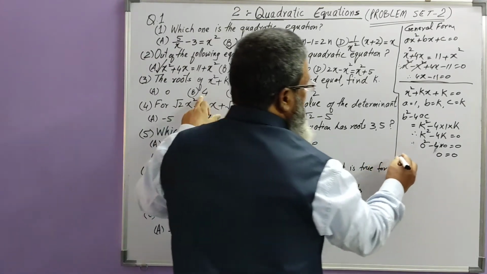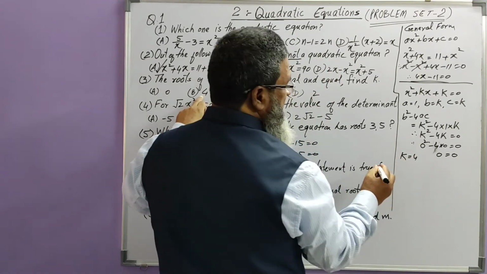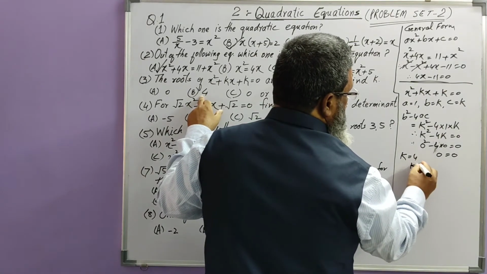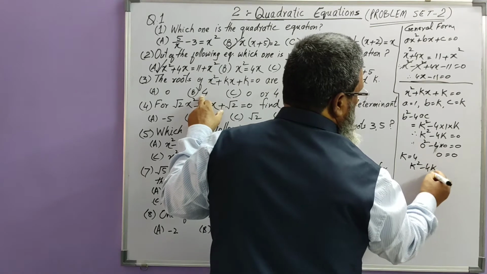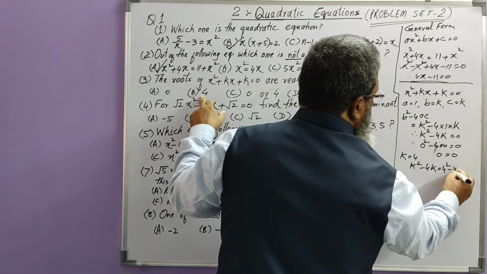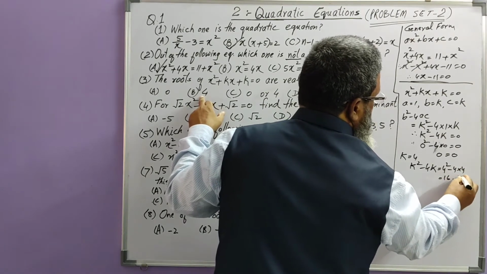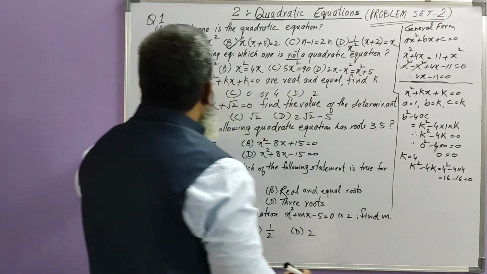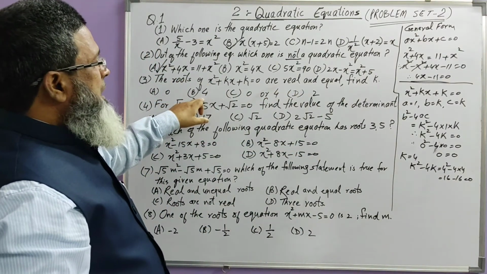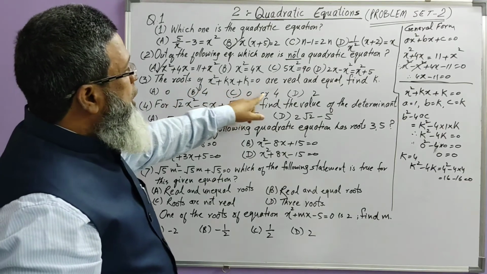So you have to check the 4 also. If you take k is equal to 4, then k square minus 4k, you have to find this one. K square is 4 square minus 4 into k is 4, that is 4 square 16 minus 16, again it is 0. So answer 0 is also correct, answer 4 is also correct. Here both the answers are correct, but here option is given 0 or 4.